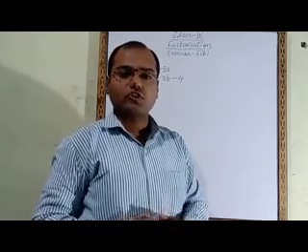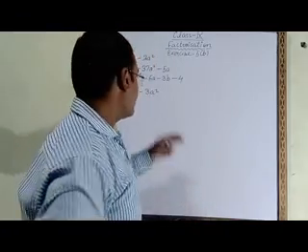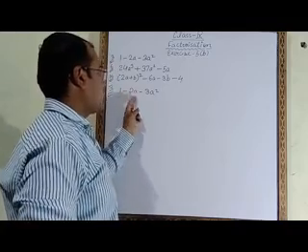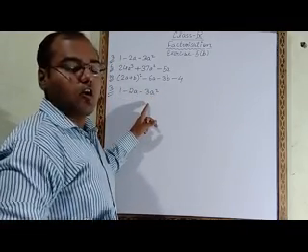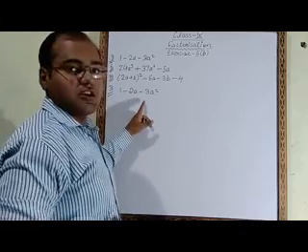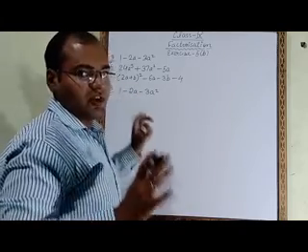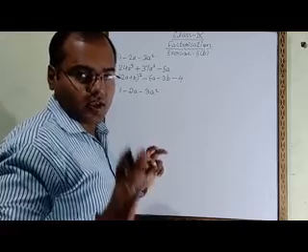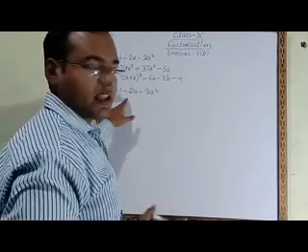Now we will solve questions from the second exercise, exercise 5B. Let's see this question. The question is 1 minus 2a minus 3a square. Here the number of terms is 3, an odd number of terms. If it is possible to take something common from all 3 terms, then we will take it common. Otherwise we will not. In these 3 terms we do not get anything common.